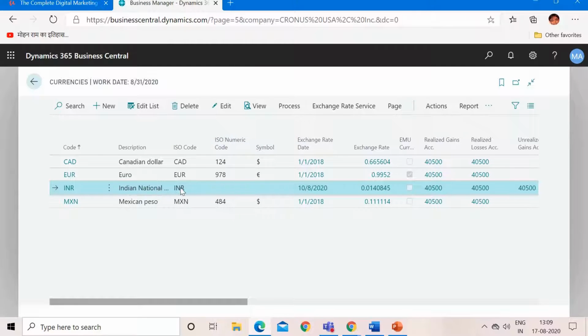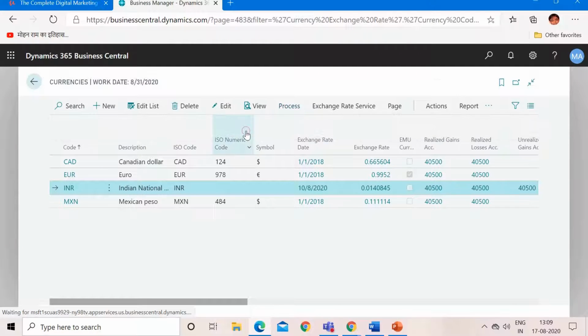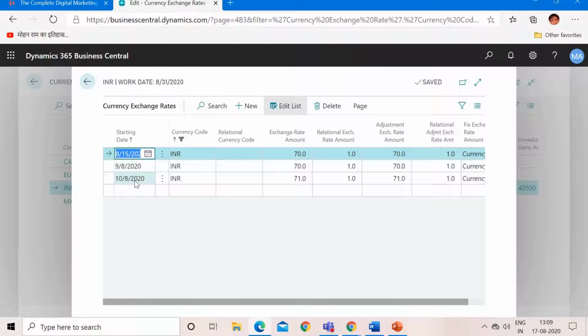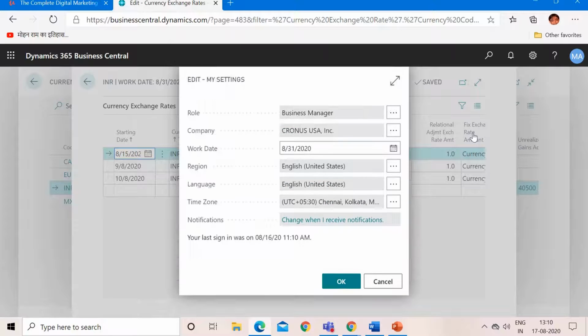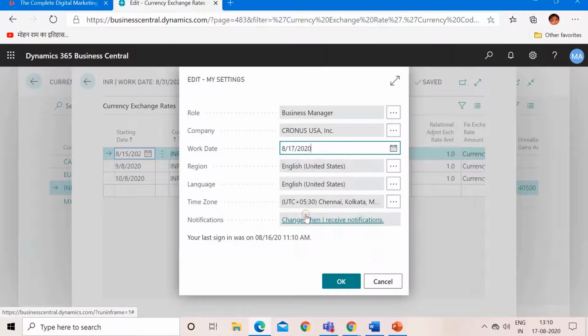Apart from this new currency, we have created an exchange rate master for this INR currency, and we have created three lines for the August month. Let's say today is 17th of August, and if I check my settings, let me change my work date to 17.